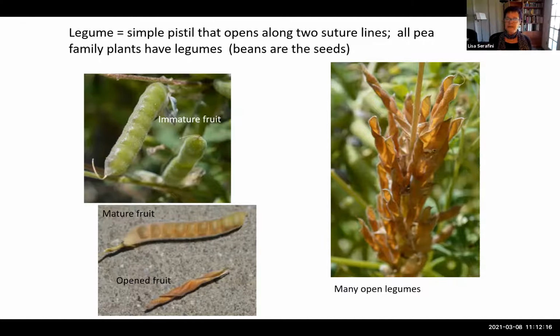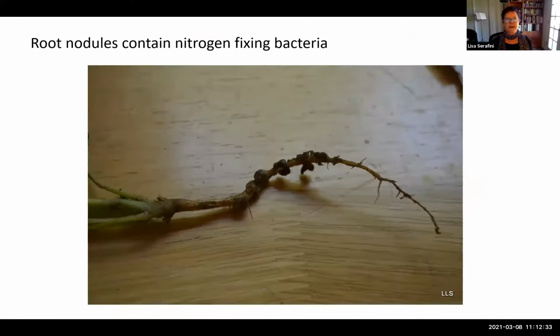And I should mention that we have many important food crops that come from this family, such as various beans and peas and soybeans, etc. So pretty important. Now, I do want to mention before going on to other characteristics that many of the pea